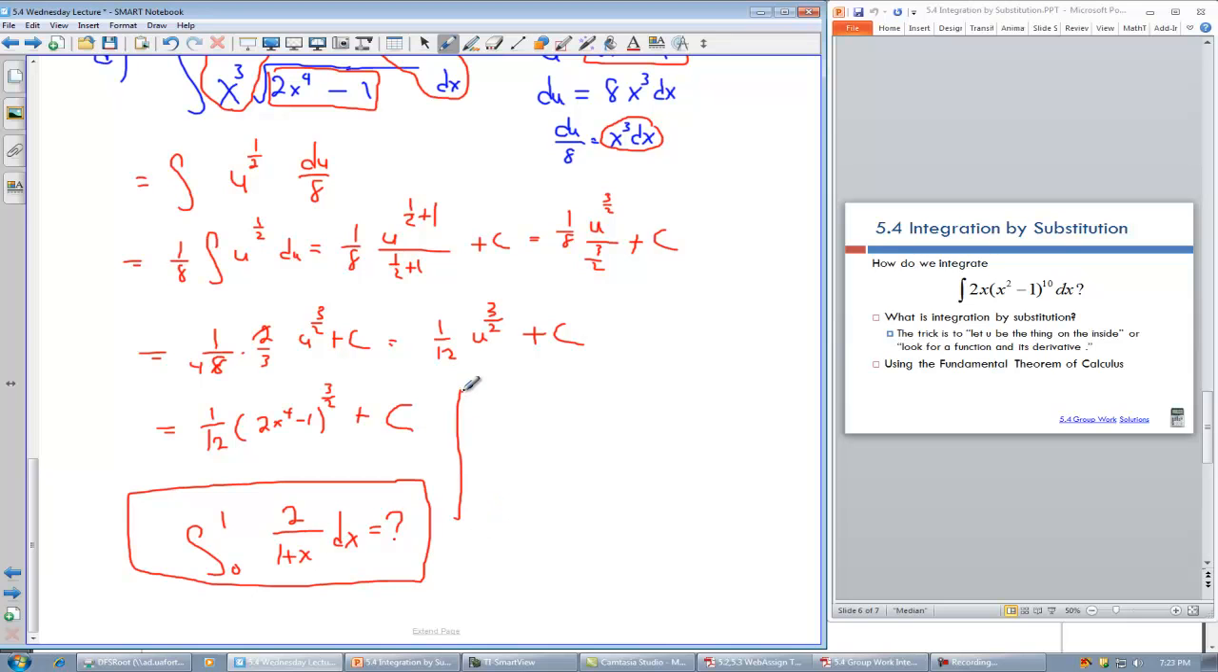I guess maybe I should write down the homework here. So the homework online, your homework for not tonight, is 5.4 integration by substitution, part 1. All right, now let's do